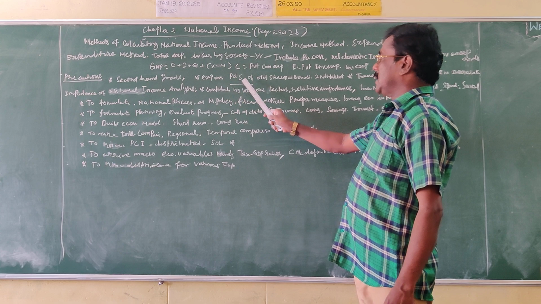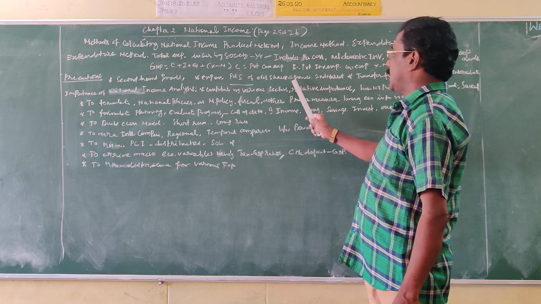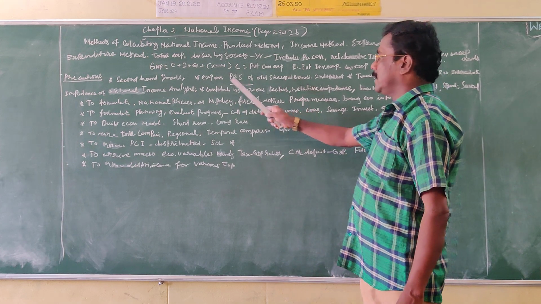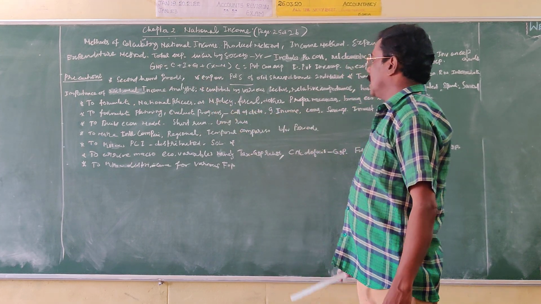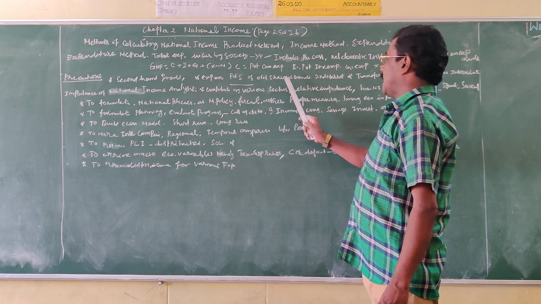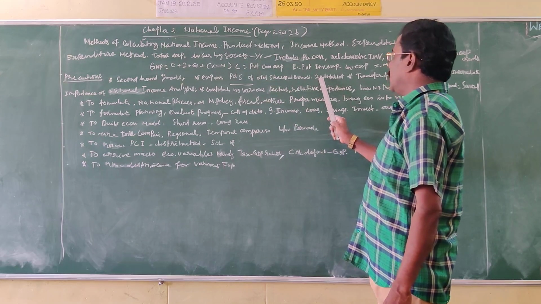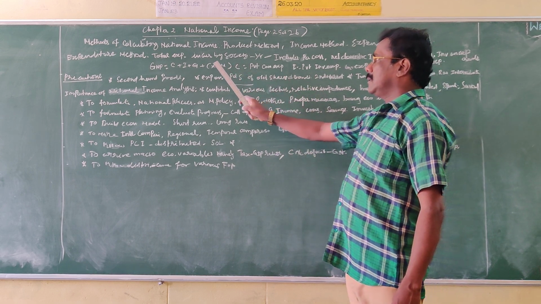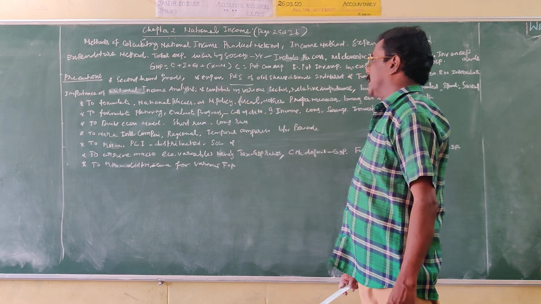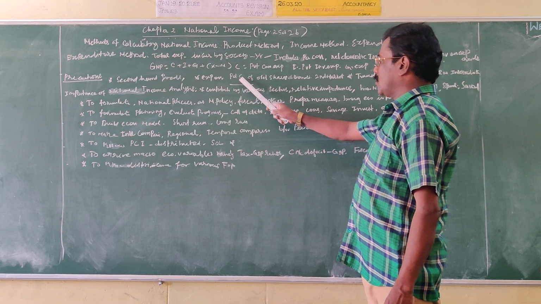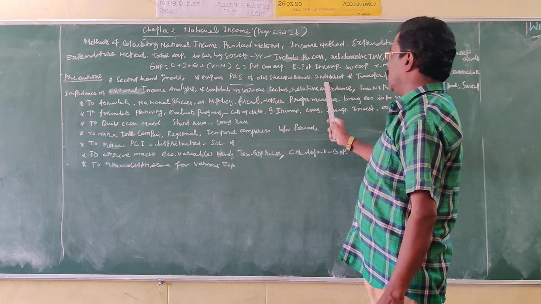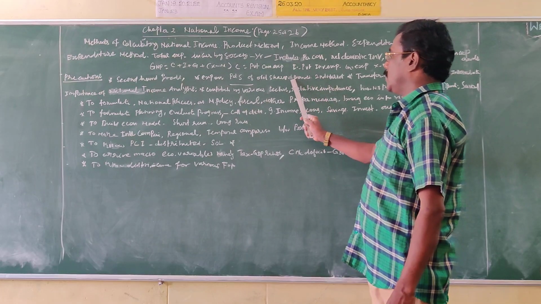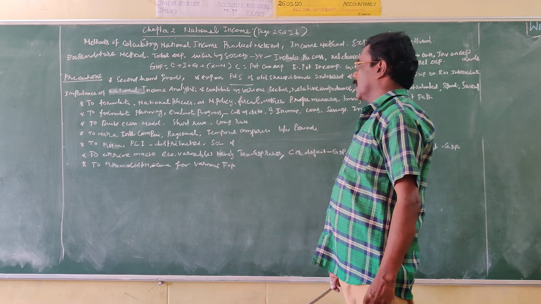Number 2, expenditure on purchase and sale of old shares and bonds in the secondary market. This is also like second-hand goods, because the shares and bonds are already sold in the primary market. At that time, it was taken into account as expenditure by the government or public. So if it is sold once again in the secondary market as old shares and bonds, it should not be taken into account.